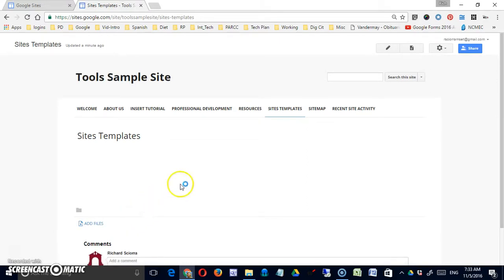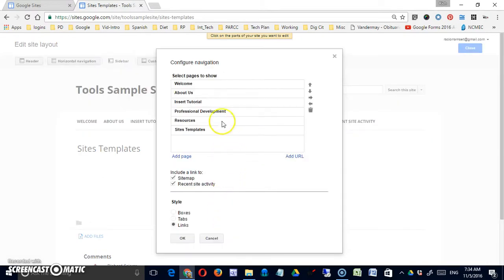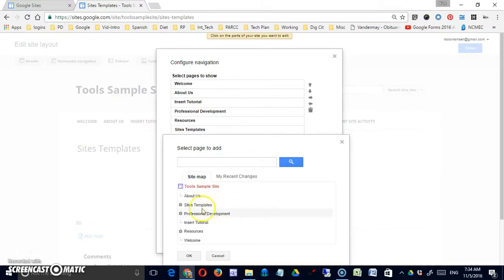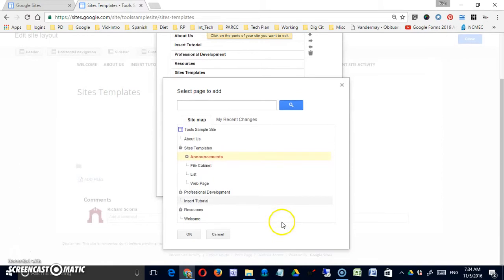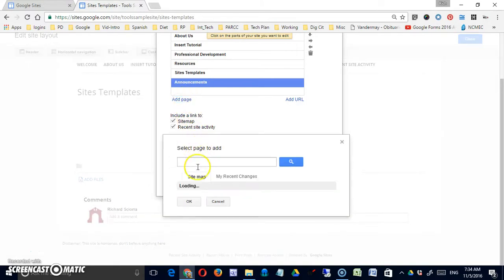If I want to handle that through the menu itself, I have to go to Edit Site Layout, click on this horizontal menu, and actually add the other pages. So I'm going to have to do this. It's a very manual process. So under Site Templates, I'm going to pick Announcements. I'm going to pick